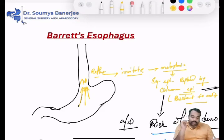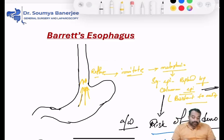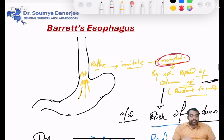You are able to find Barrett esophagus typically in cases of long-standing GERD. While having GERD, there is acid reflux in the lower esophagus, and this reflux irritates the mucosa. This irritation of the mucosa is associated with metaplasia. What kind of metaplasia? The squamous cell epithelium is replaced by intestinal columnar epithelium. Why? Because this intestinal columnar epithelium is acid resistant in nature, and they are forming secretory